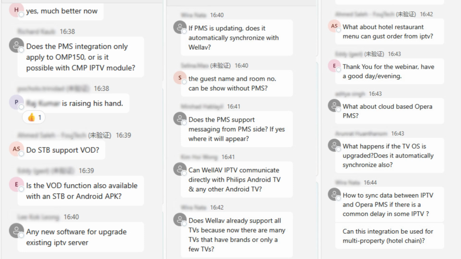Typically, some hotels require an APK to be the homepage of the IPTV system. In order to make our APK the homepage, it requires the TV set manufacturer to enable some user right for the APK in the operating system. TCL, for example, enables this user right for APK, so our APK can be the homepage